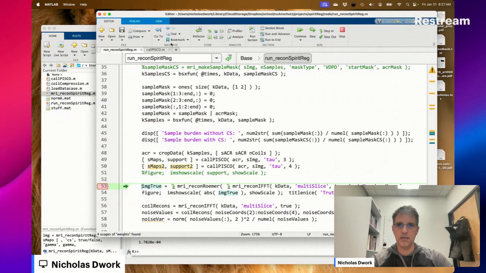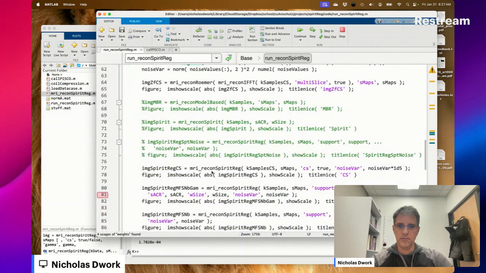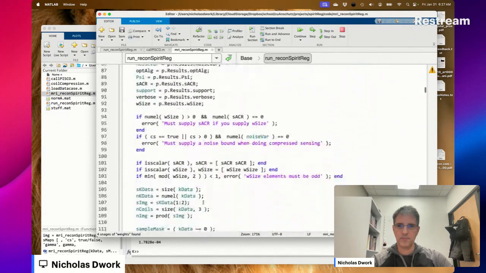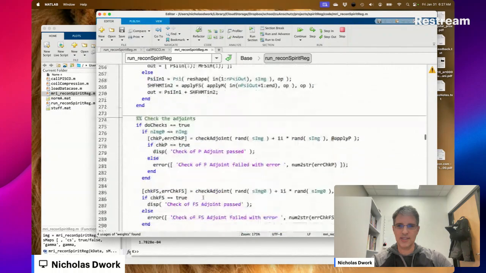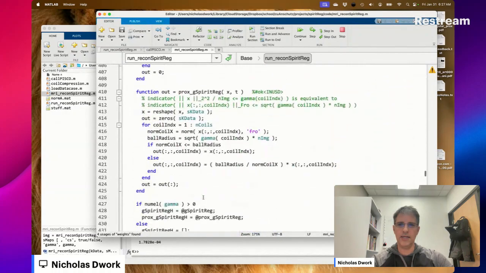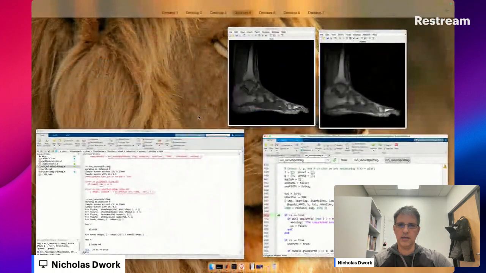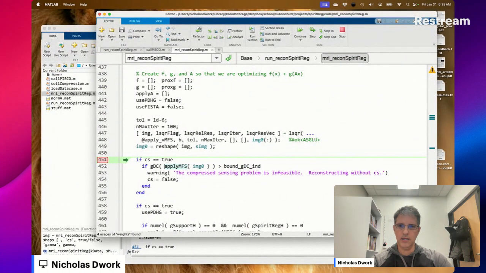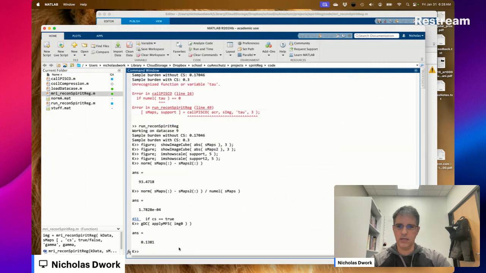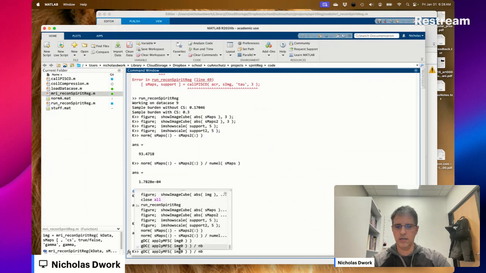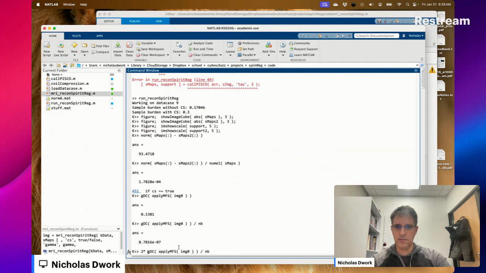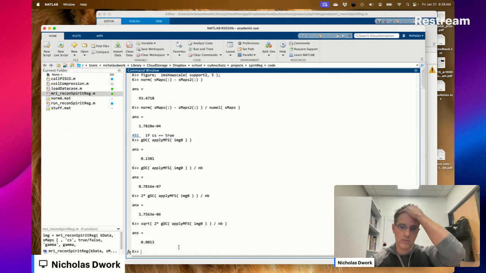What was the error in AX minus B? Two times that, square root of that, 1 times 10 to the -3.